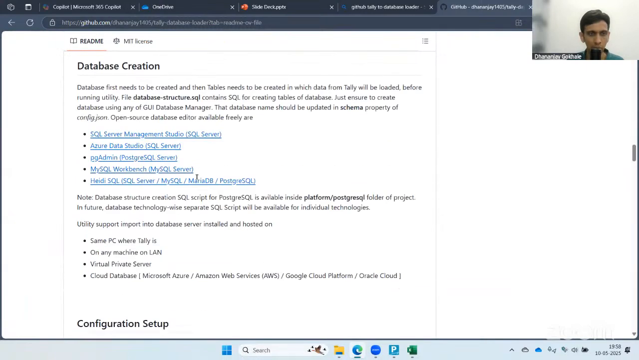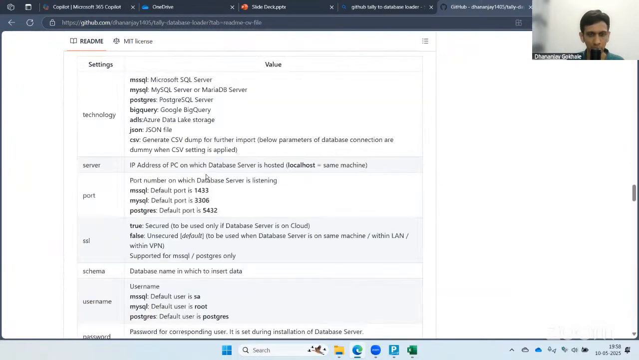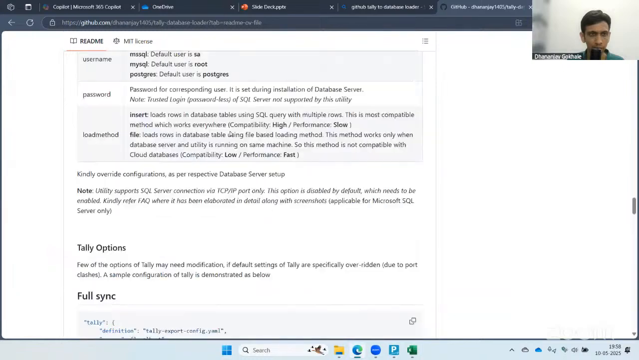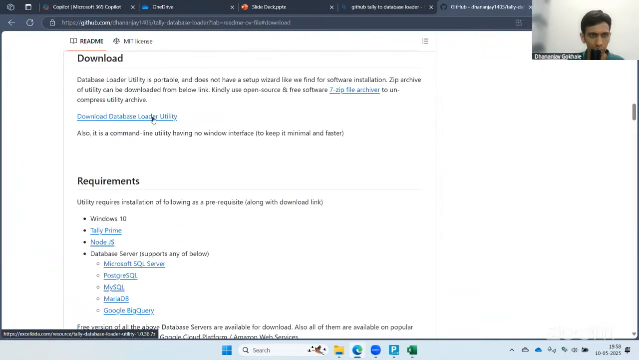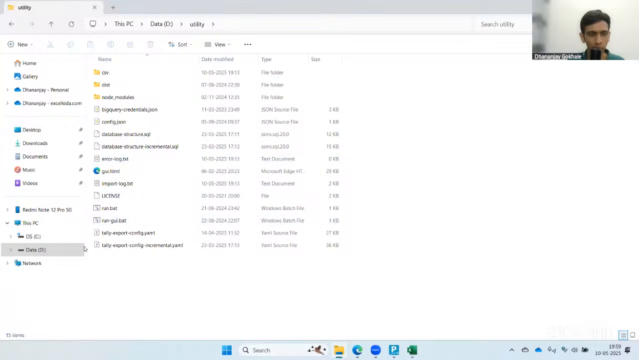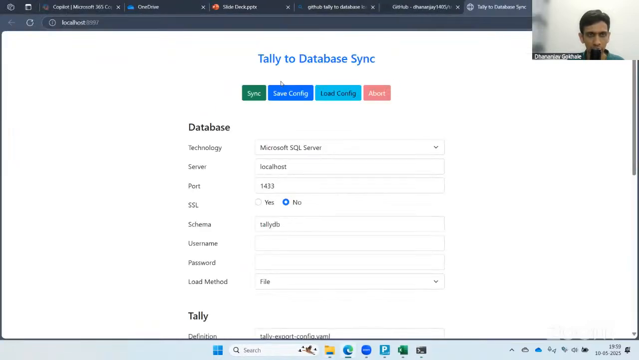and after that you need to download this utility. Download this zip file. Go to the download section from here, download the utility and extract it in some folder. After extracting, you will see some files like these. You have to run a file called run GUI bat. Okay, run GUI. This will launch the Edge browser,